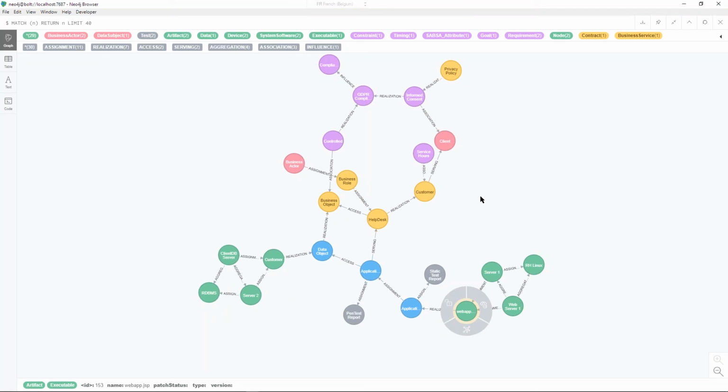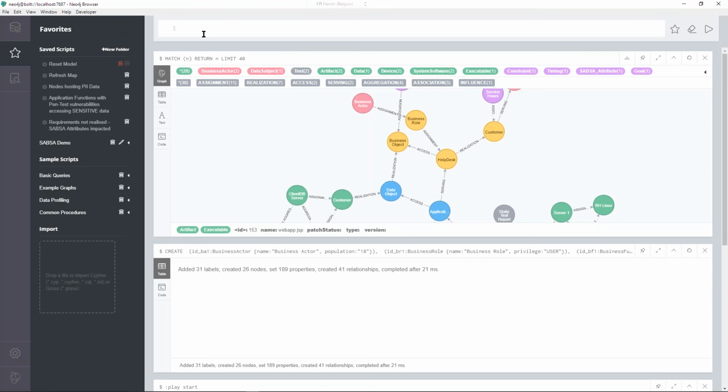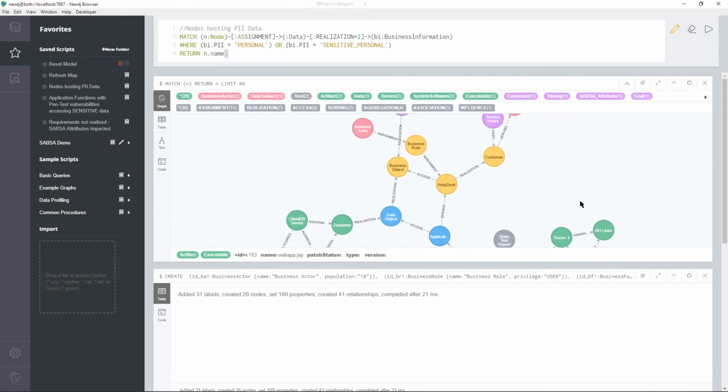It's not as easy to present to your stakeholders, but the nice thing about this model is we can now ask it: all that business information that I said had GDPR implications, the one that contains personal and sensitive personal data, I want you to tell me which physical nodes that data is stored on.